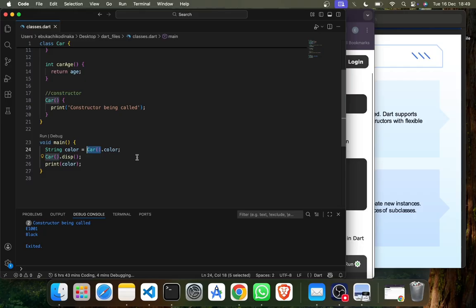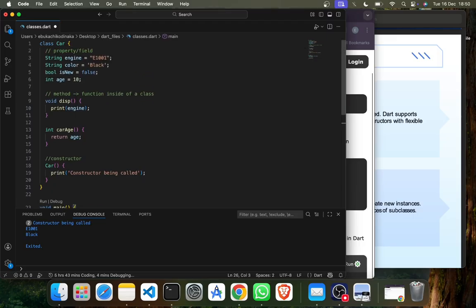So that is why there's a better way of accessing properties and objects of a class, and that is by creating objects of a class. Right now we have two instances, right? If there's a need for me to access